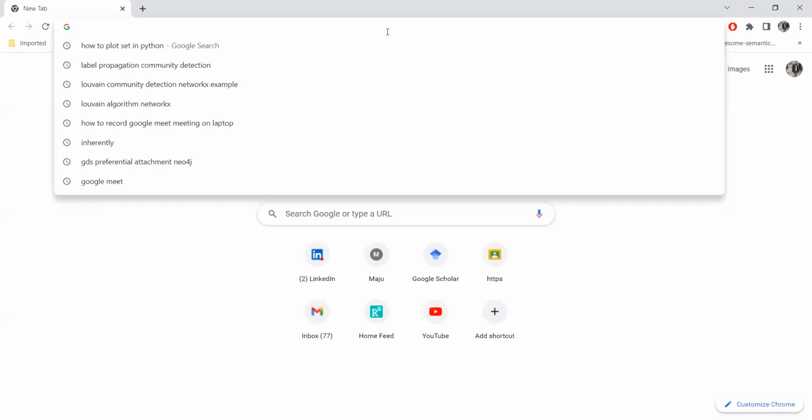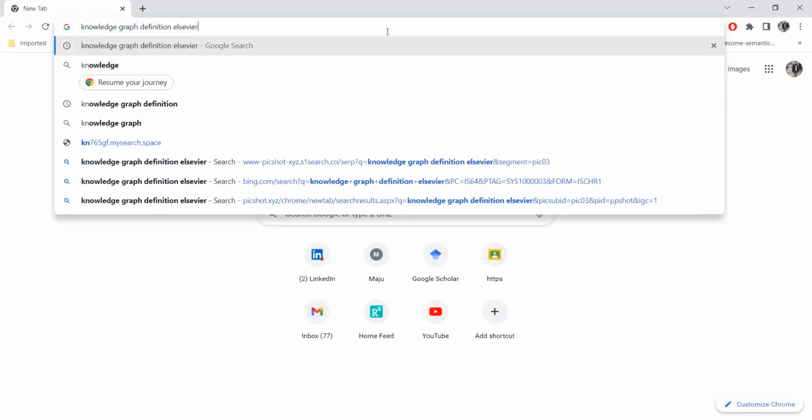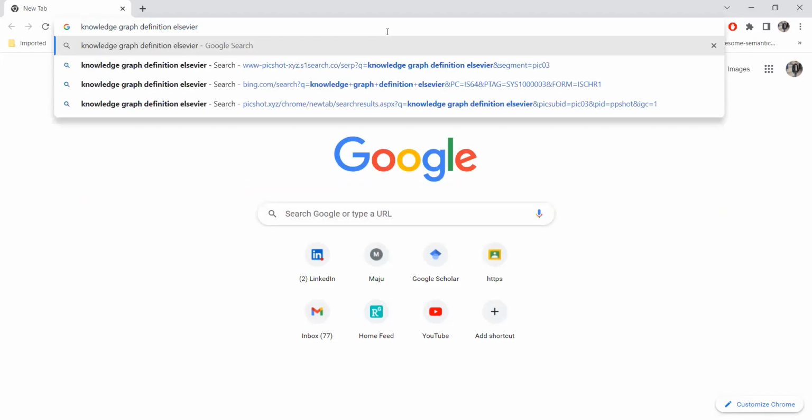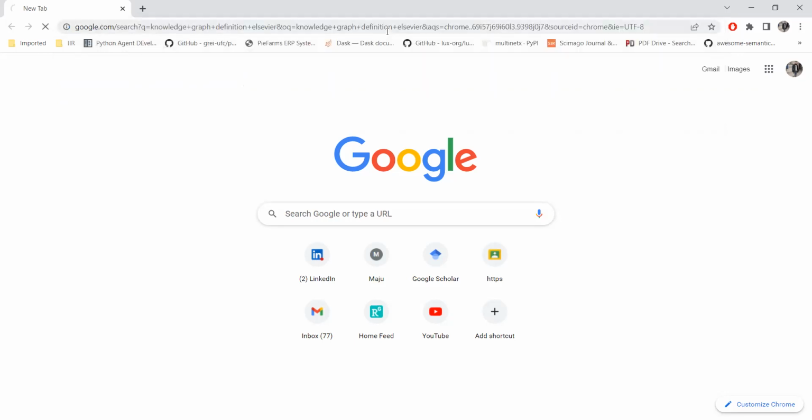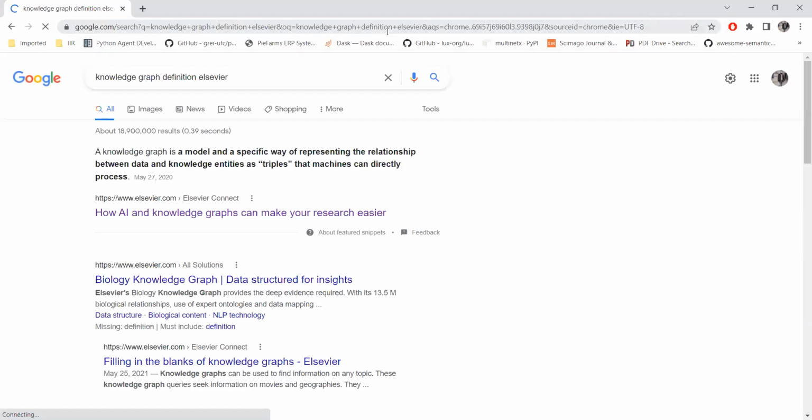I'm starting with the basic definition of knowledge graph. The concept of knowledge graph is basically extracted from graphs. Okay, so what are graphs? Can anyone of you tell me what a graph is, if you have any thought in mind? In graphs,